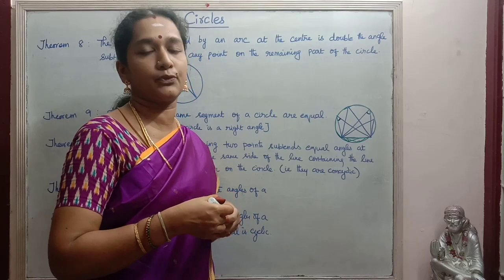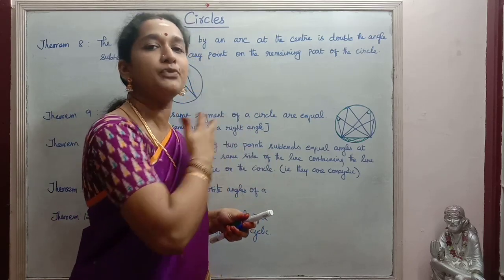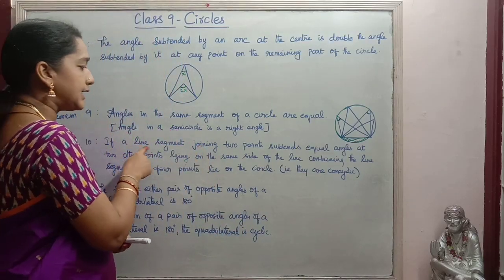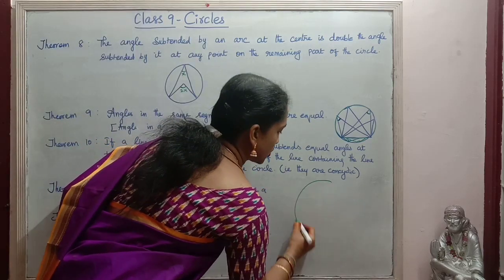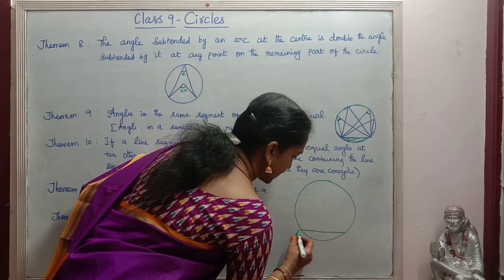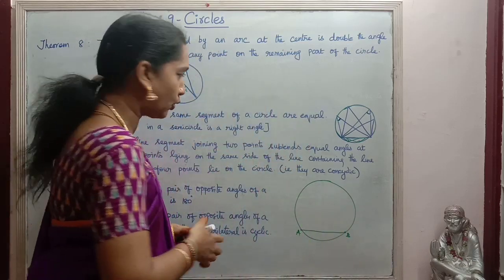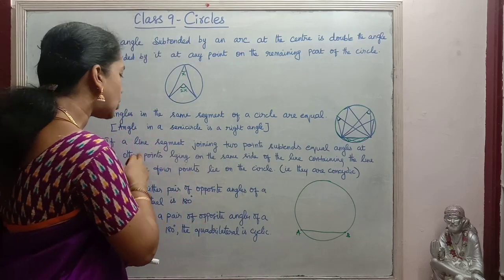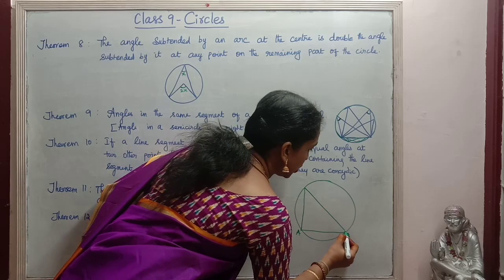Anywhere the angles are found, however many angles are found, all those angles will be equal in measure. Then theorem 10: when we take a circle, if a line segment joining 2 points, suppose A and B, subtends equal angles at 2 other points,